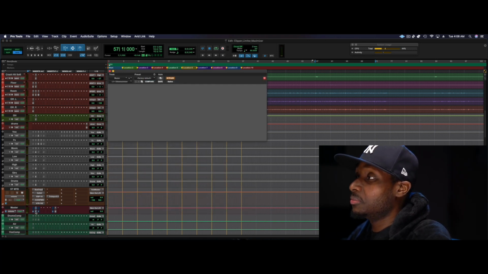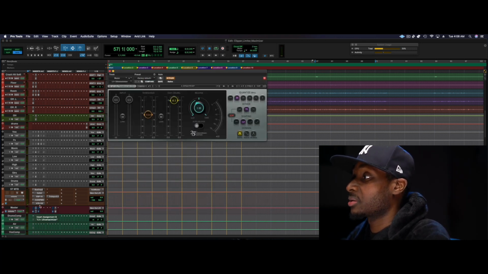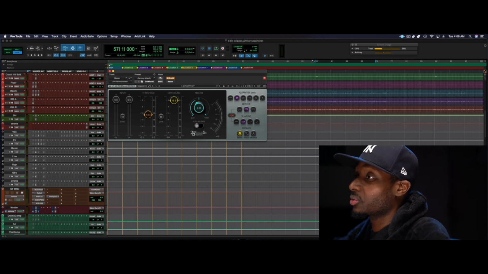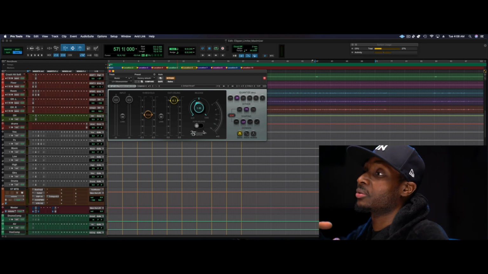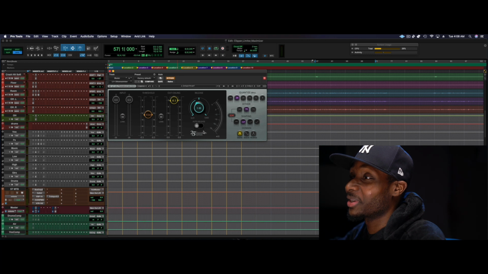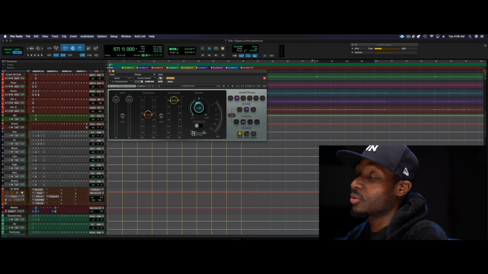That type of thing. So here we have a maximizer. And what a maximizer will do, it'll sort of inflate your signal. It'll maximize it. So what it's really doing, it's going through your signal. This plugin is going to go through your signal and find the highest peak,